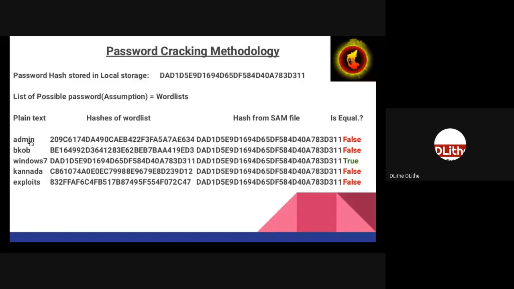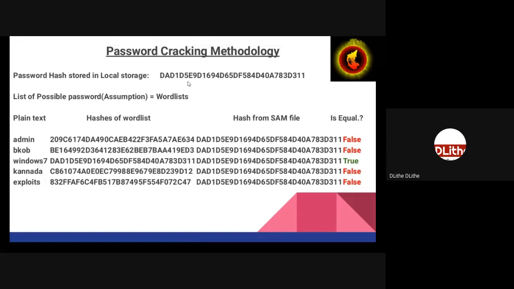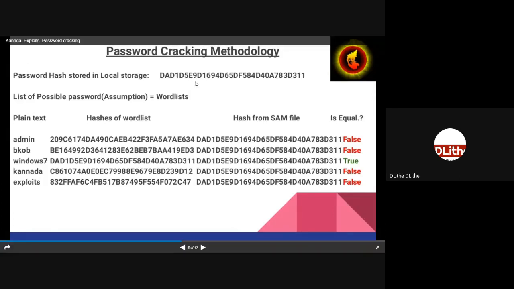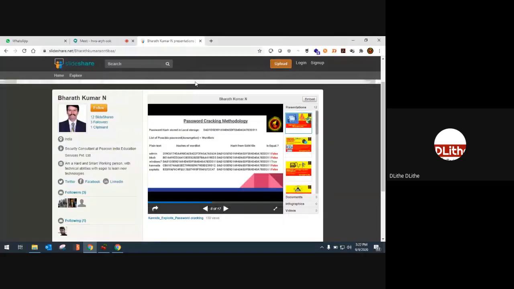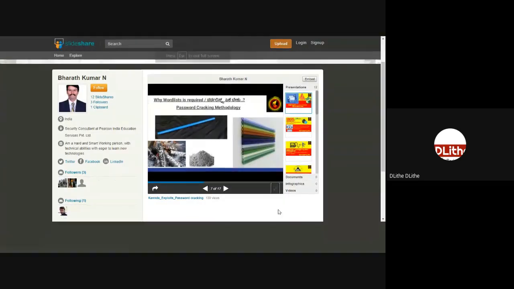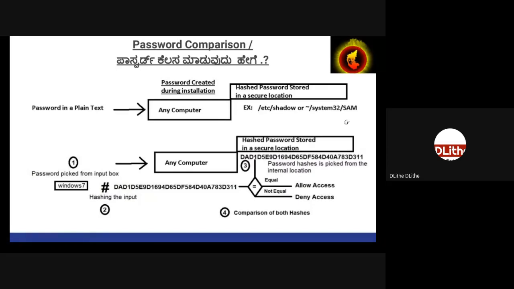So in this case, let's say my password is, I do not know what my password is, but let's say I have somehow got the password hash. I'll also show you how to get this password hash. I somehow tricked my victim, got into the particular folder and stole the hash. Either through enumeration, by compromising the database, or through some other place, I got the hashes. But how do you crack that hash?